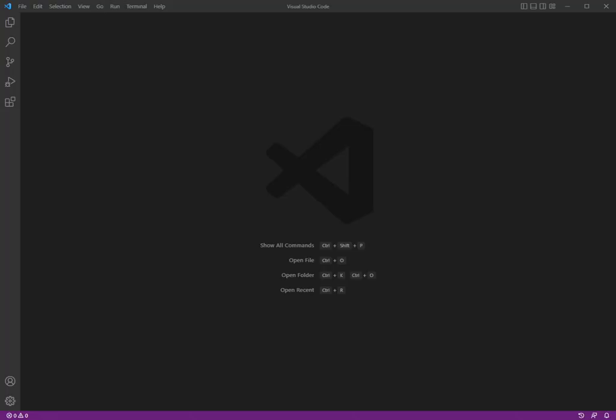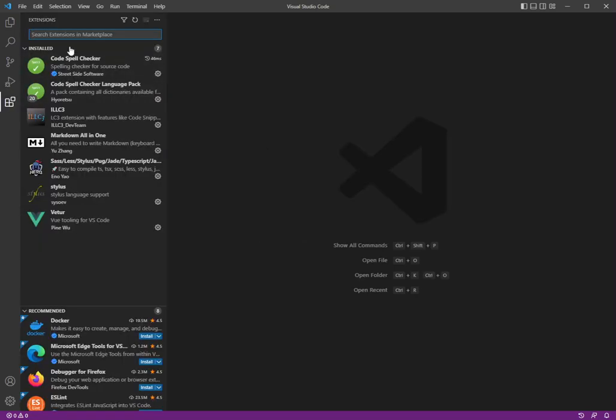When you start it up, you'll have the standard window, and you're going to click on the extensions action bar. This is the action bar, and extensions is this icon right here. Click on it, and you'll have a search bar up here. Type in Live Server